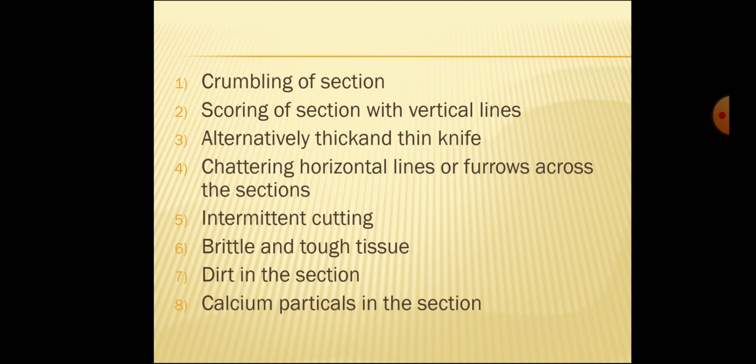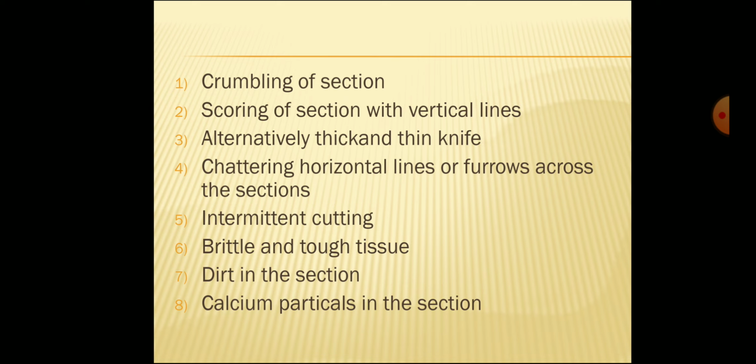The next problem in section cutting is chattering, that is, horizontal lines or furrows across the section. A problem of this type is caused due to imperfect setting of the knife. The arrangement of the knife in the microtome is not properly set, so such problems arise. To remove such a problem, reduce the tilt of the knife and we solve our problem, and the section